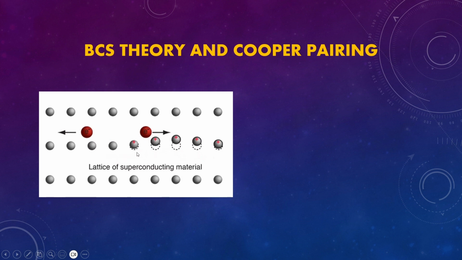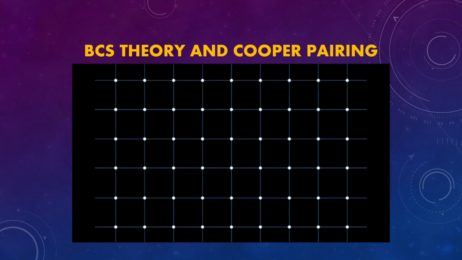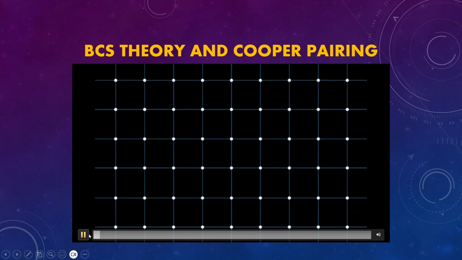When an electron moves through the lattice, it disrupts the positive ions near to it, creating a ripple, and when the next electron moves into this region, it is attracted to the displaced positive ions. The attraction between these two electrons creates a binding energy. The temperature must be low enough not to disrupt this binding. The effect can be captured in the Feynman diagram, where the phonon symbolizes the lattice vibration. Here we can see how the disturbance in the lattice due to one electron attracts another electron towards it, forming